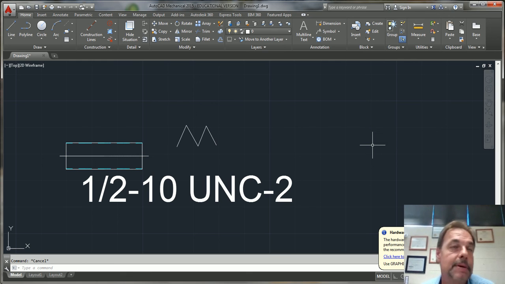If you have any questions, let me know. Again, you're going to have to figure out how to do the pitch. The pitch is contingent on your threads per inch, and your pitch, again, is the distance